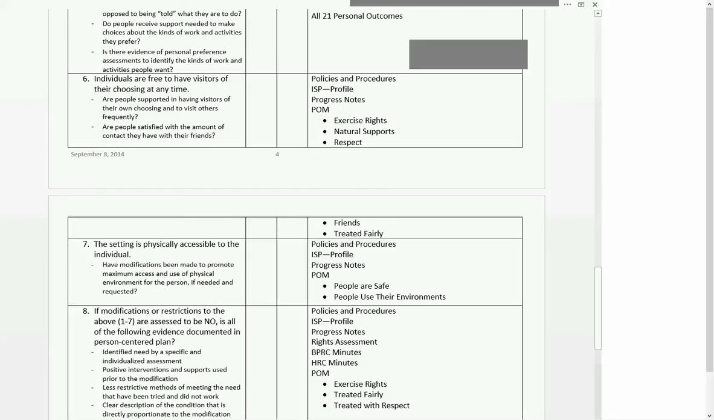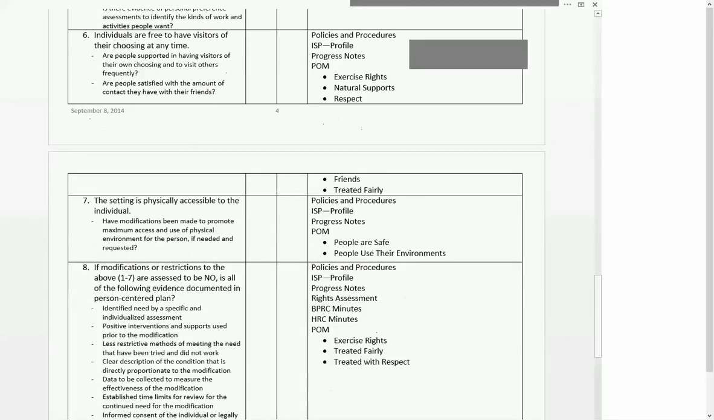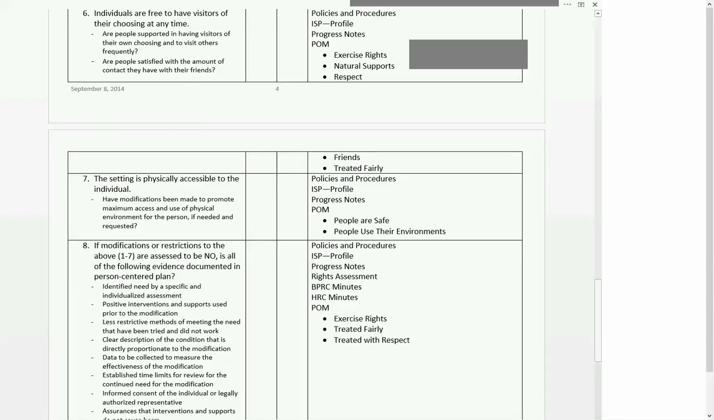And number 8, what we're looking at here is if there are some type of restrictions related to numbers 1 through 7, then we need to make sure that the following items, the probing questions, can be answered in the affirmative. If there's some type of restriction, we need to make sure that it is listed in the individualized assessment, that positive interventions and supports used prior to the modification are identified, less restrictive methods of meeting the needs that have been tried and did not work, and a clear description of the condition that is directly proportionate to the modification. I know that one's a bit confusing, but for example,